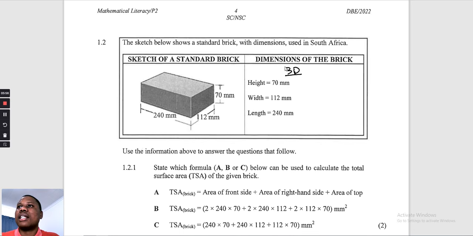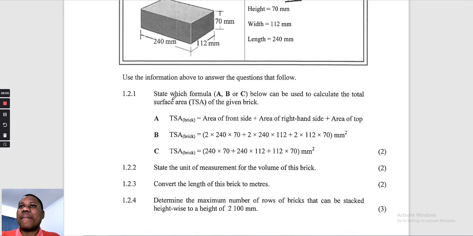This is a 3D shape because why? We can see the length, we can see the breadth, and we can see the height. Okay, so now they say state which formula A, B, or C below can be used to calculate the total surface area of the given brick. Okay, so if we can check our shape here,